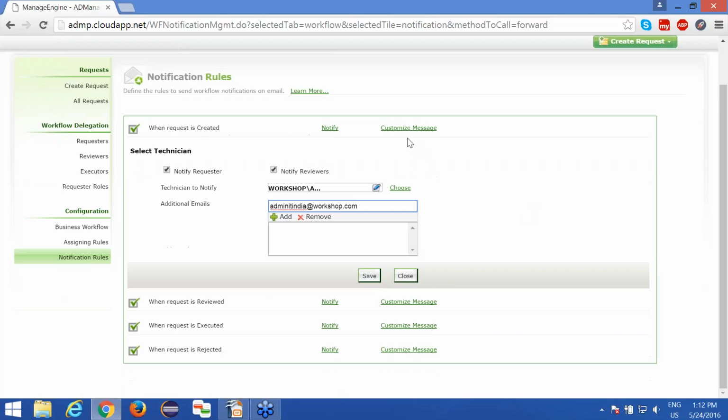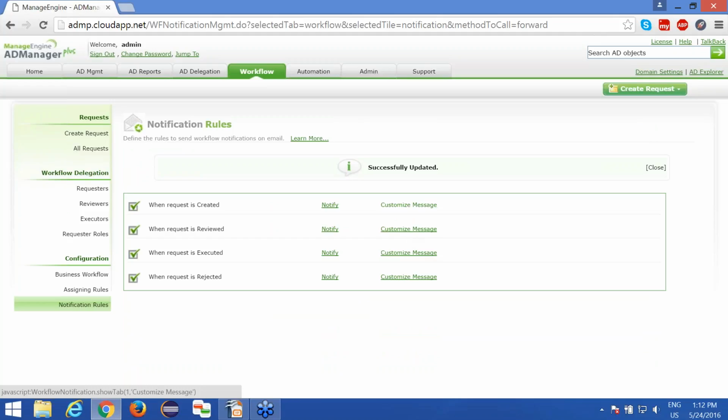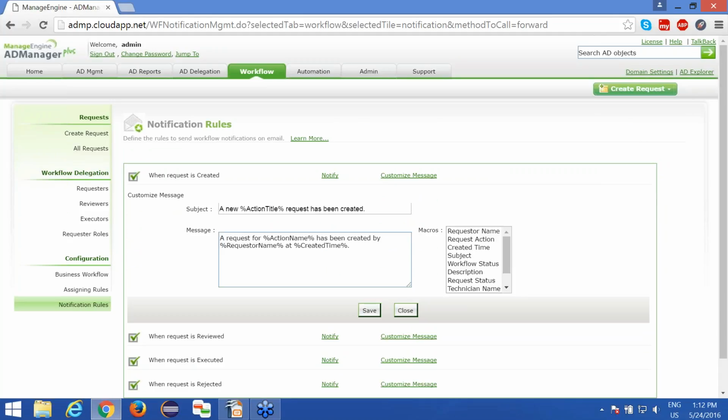Now you can even customize the message that you want to give whenever a mail is sent. Say for example, a new, with the action title. This is a naming format. Those who have attended the previous session would know what a naming format is. When you give it like this, it will take the action name and this will be replaced here. For example, I created an action user for finance. So a new user for finance request has been created. In a similar way, you can configure the message that you want to send